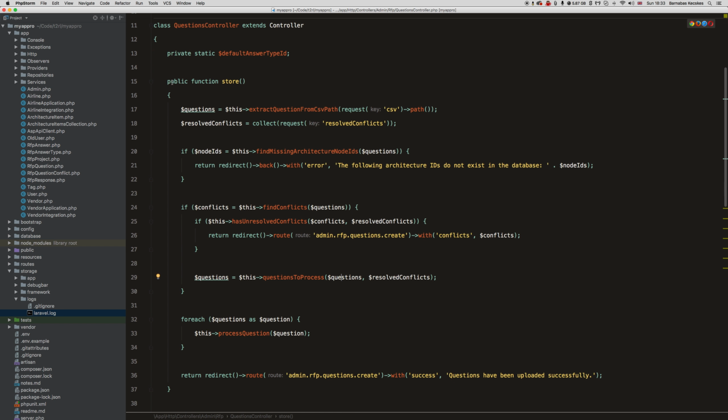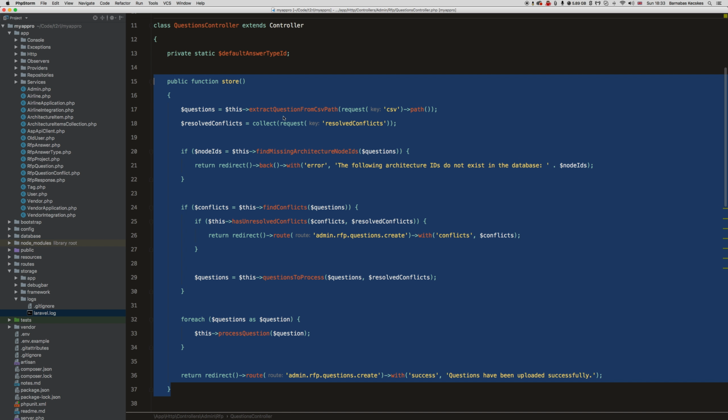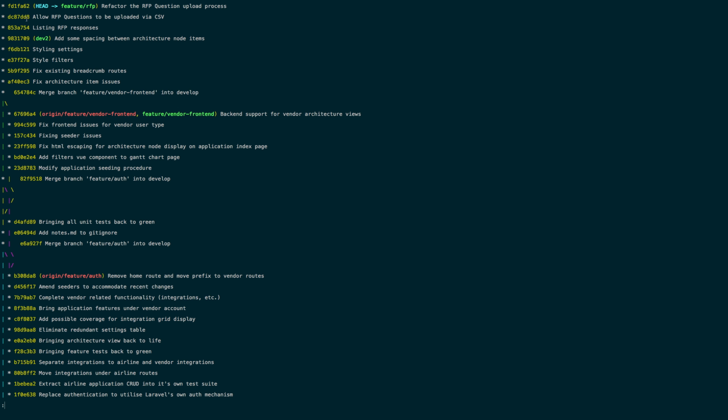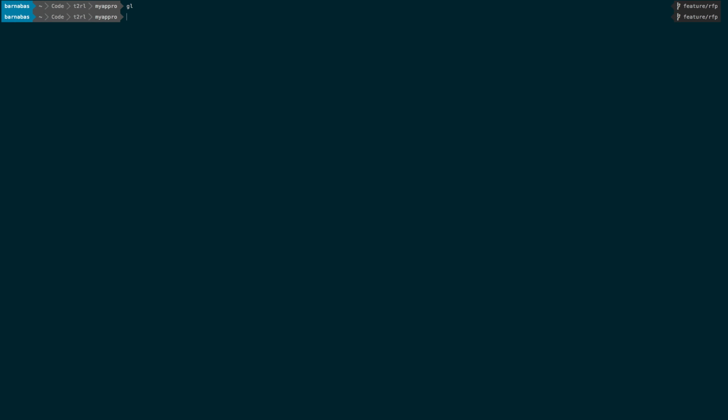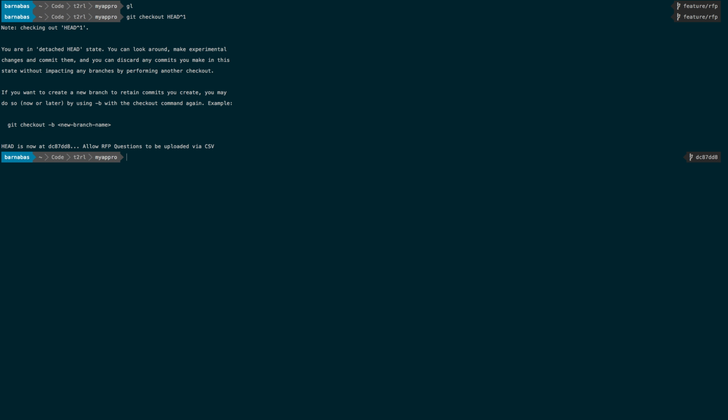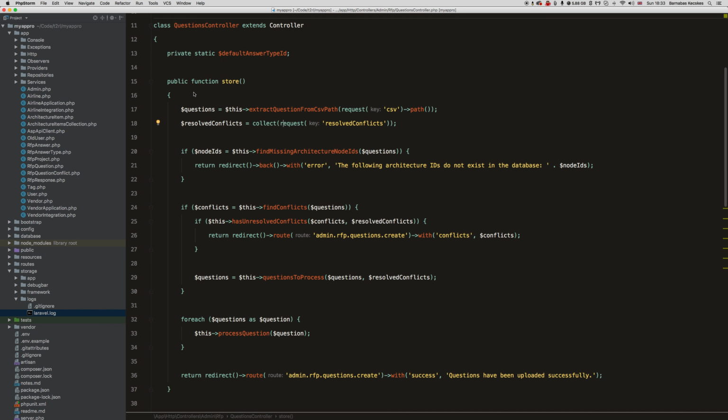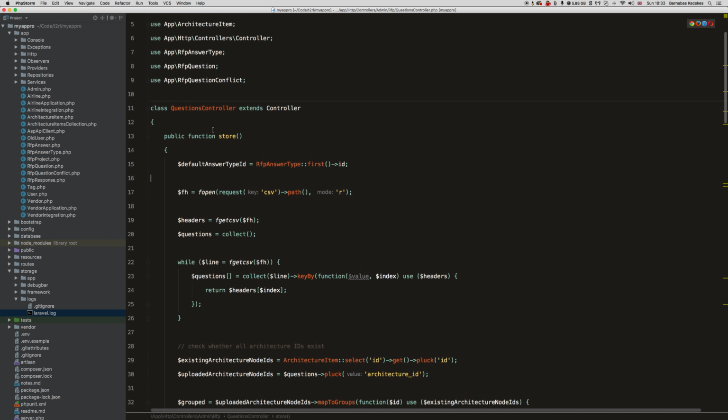I'm working on a feature branch, so I've got that option. So this is what we have. And let me just copy this out, and let me just get back to the previous commit. So can I just check out the previous? Yeah, check out. Yeah. If we compare the two,